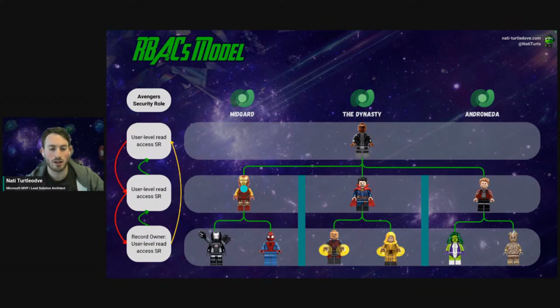And same thing with data created on this level. If Iron Man were to create a record and he were to have the user privilege assigned to him, because Nick Fury is his direct manager, Nick Fury will be able to then interact with that record as well. And that's what our green arrows represent over here. Whereas our yellow arrows represent viewing only, because we're skipping the direct manager.